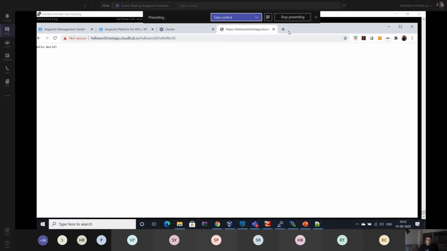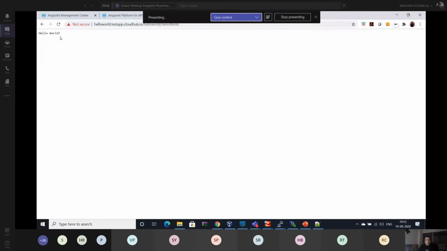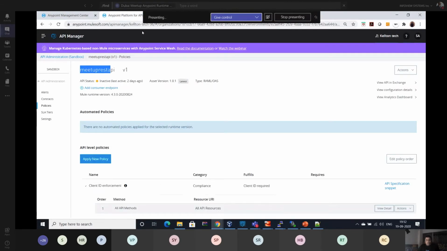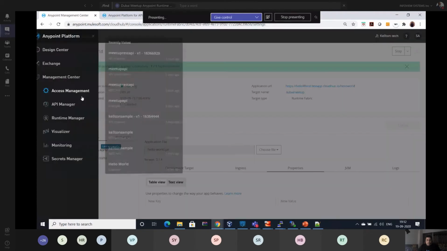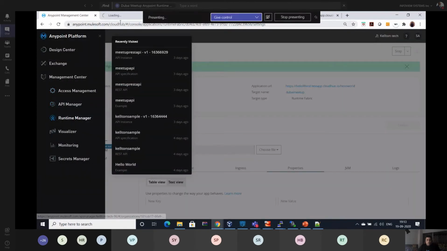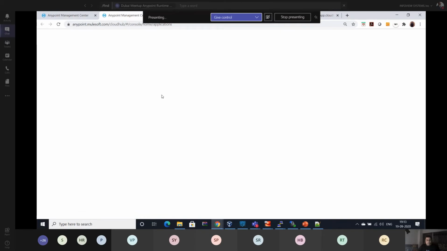Yeah. You can see it's the hello world. Now you can access this URL to access the application. So this is the complete cycle of the deployment. Although I have not demonstrated the policy here, because it takes time to deploy because of the resources I have. But it's a simple process, what we are deploying in Cloud Hub, like we have done in Cloud Hub right now.